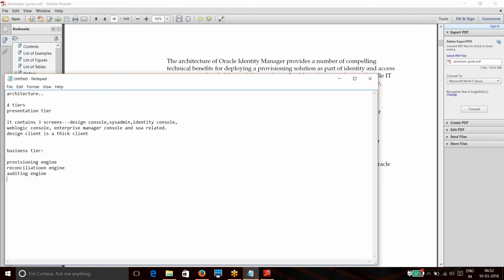Everything that OIM supports, like reports and all related functionalities, was developed in Java, beans and all, and these things are kept in the business tier.